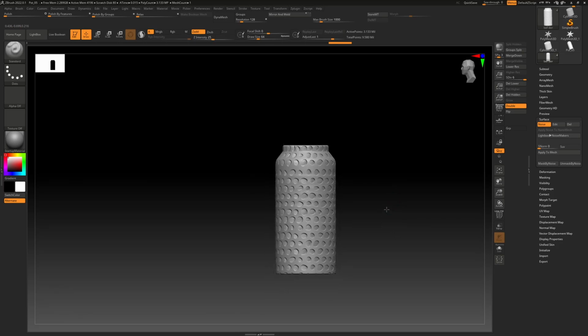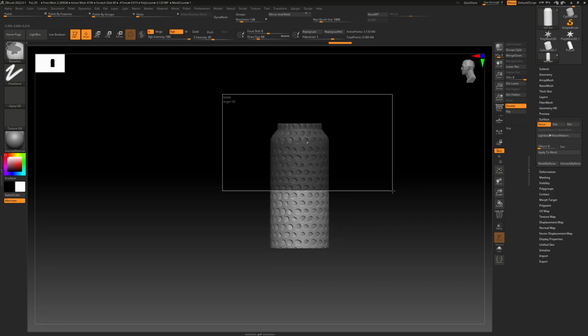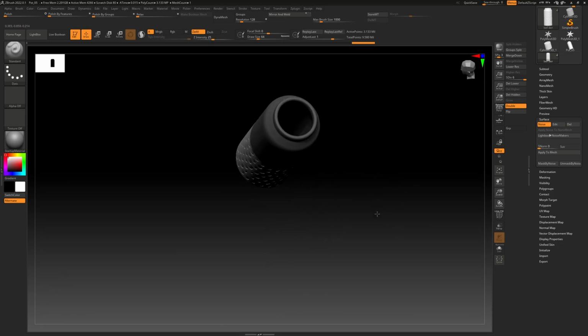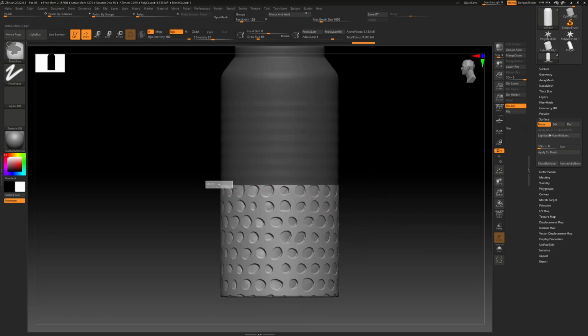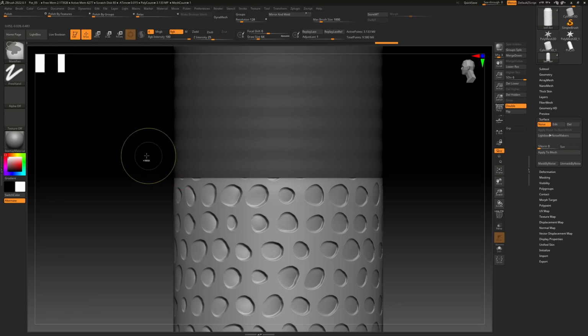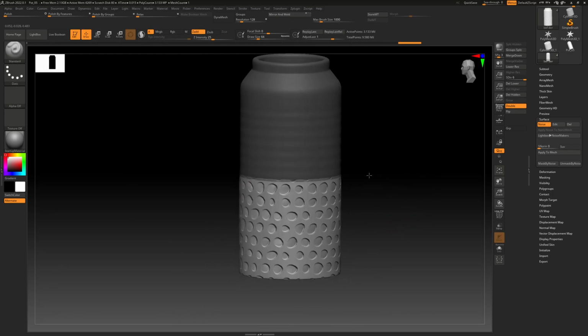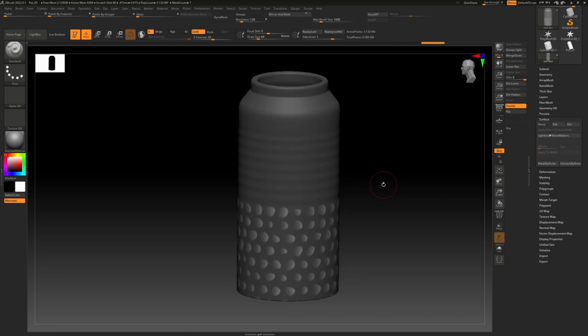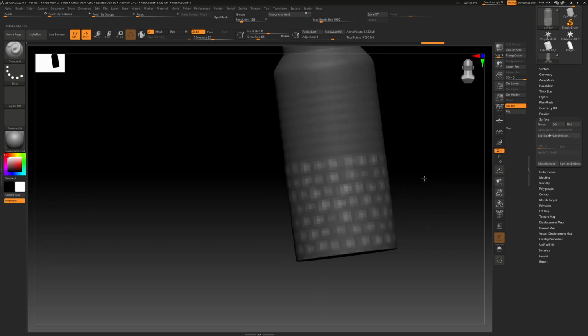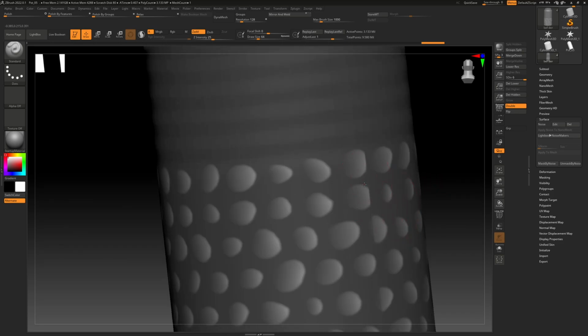Only this part. So I'll mask till there, or I can mask till there, and now we have the mask where we want it. So after that you can click this mask by noise and you will have this alpha applied to your mesh,